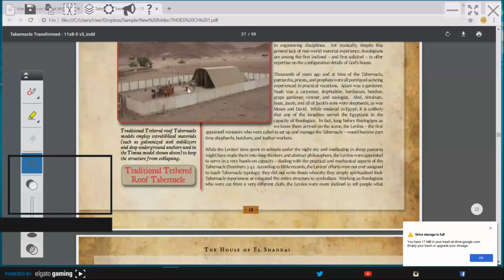Yeah, this here one is at Timnah. I think I was telling you about that before. The Timnah site, they actually have the,